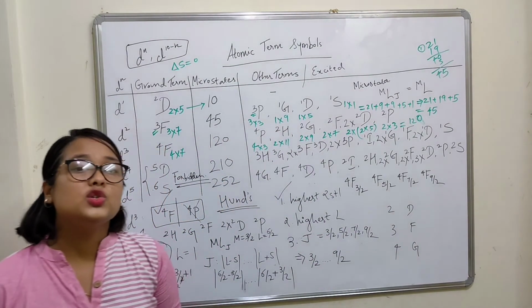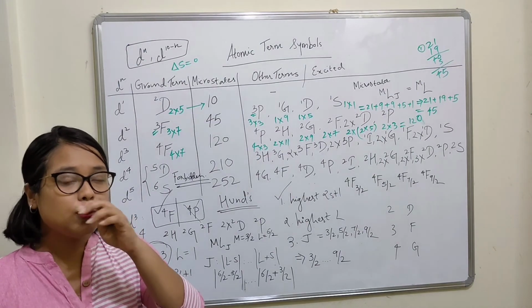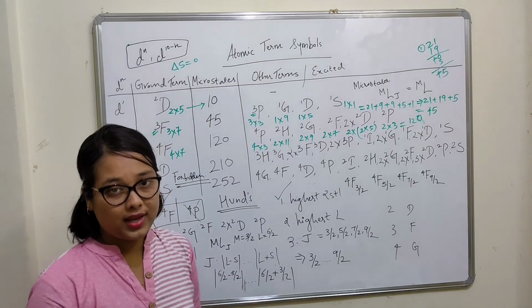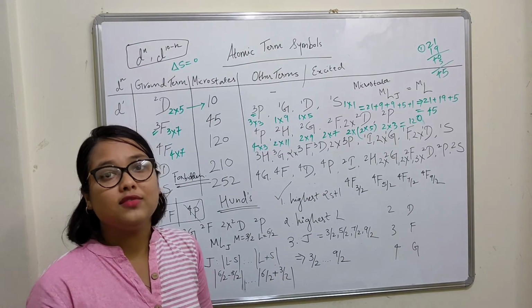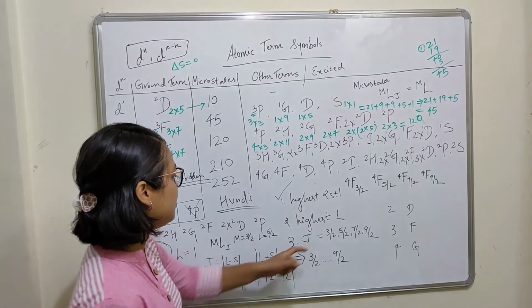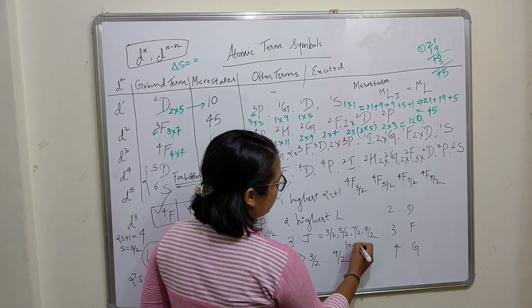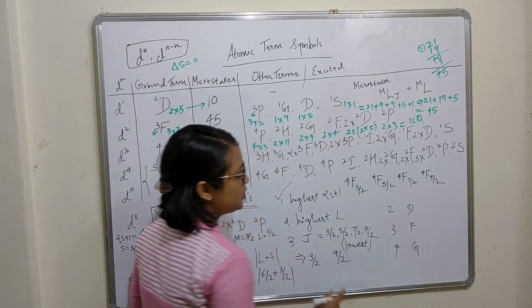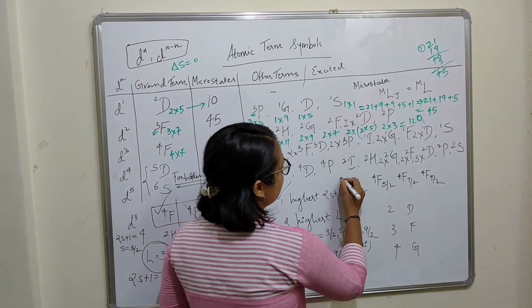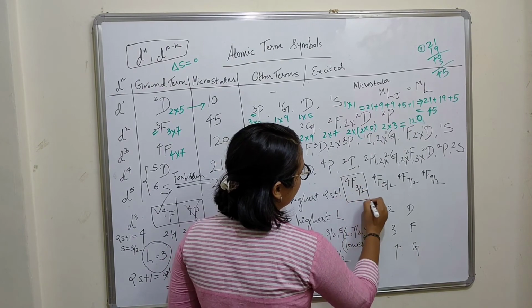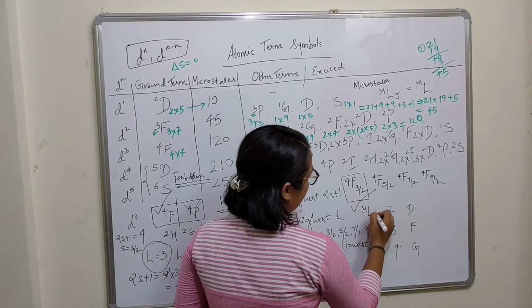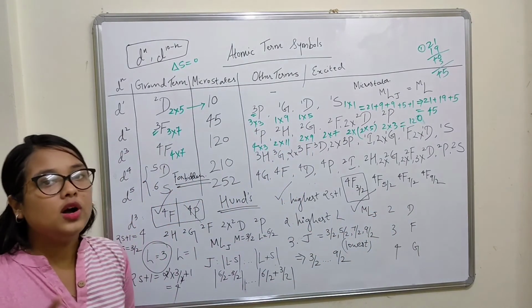Out of these terms, which is going to be your J, which is going to be your ground state term symbol, depends on the third Hund's rule, wherein the third Hund's rule is a bit different from the first two. From the first two, we look out for the highest value, but in the third rule, we look out for the lowest value. So the lowest value of J is going to be your ground state term symbol. So obviously the lowest value over here is 3 by 2. So this entirely completes your MLJ ground state term symbol for D3.